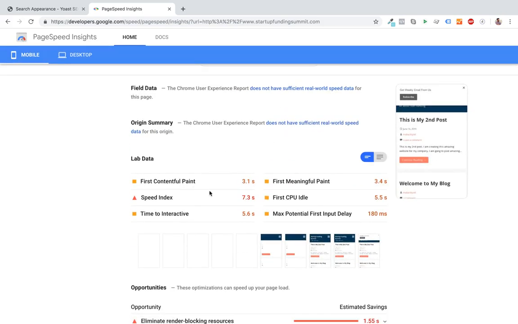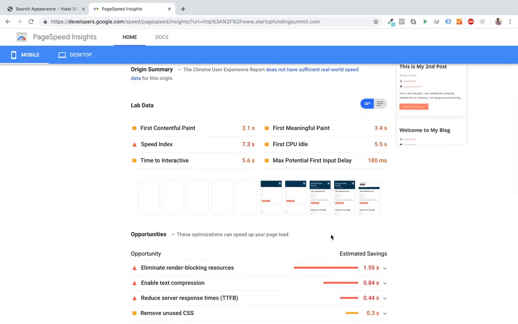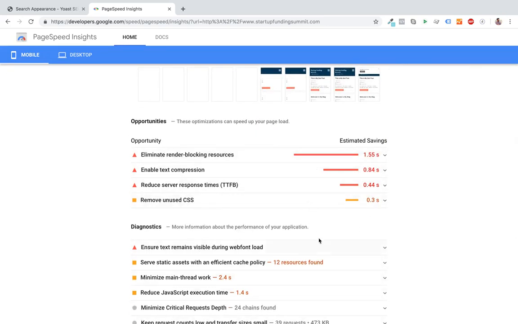And there are certain things that they're showing here, like speed index is 7.3 seconds, and this is when the first meaningful content has come to the consumer. Like here in the third second, or 3.1 seconds, is when the first 5 frames were idle, and this is when the consumer is thinking. So there are a bunch of suggestions here.